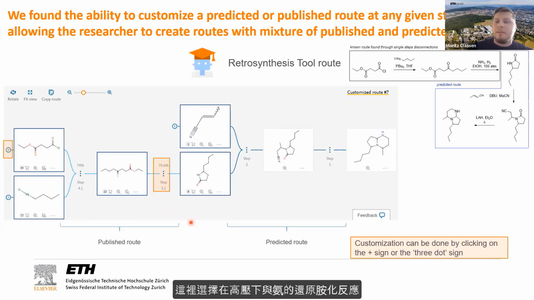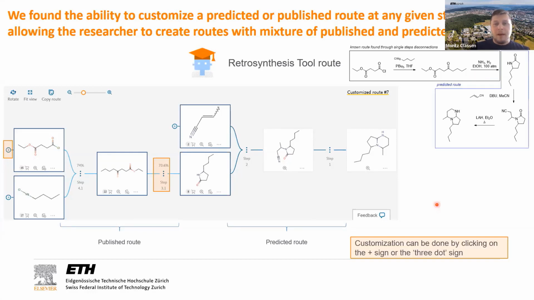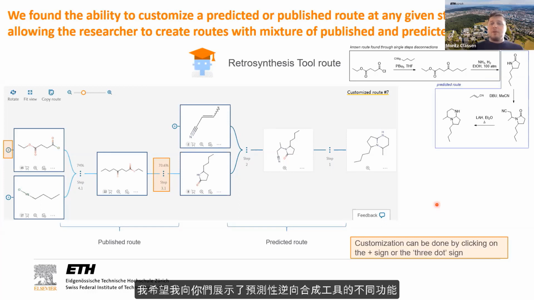You can see that up here we choose the reductive amination with ammonia at high pressure. This would be easy enough for us to run because our laboratories have very good high pressure facilities. However, for example, if somebody wouldn't have access to those, they easily could choose a different one of the published routes towards this intermediate. With that, I hope that I showed you a nice overview of the different capabilities